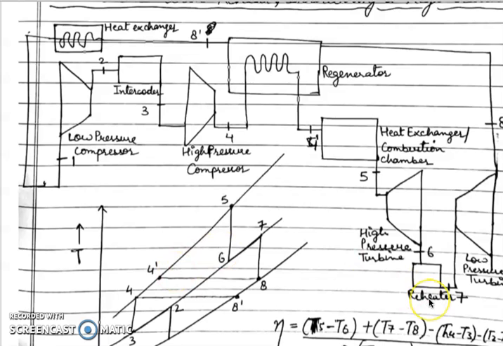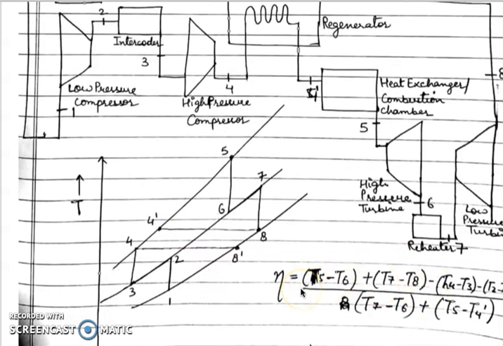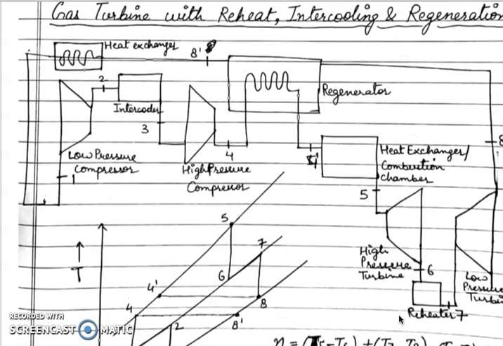And the combined efficiency, using all these, is written with two turbine works, two compressor works, and the two heat inputs, one in the reheater and one in the main combustion chamber. So this is the combined cycle which will give an increase or improvement in the efficiency of the Brayton cycle. So that's all about the methods of improvement for the cycle efficiency of the Brayton cycle.